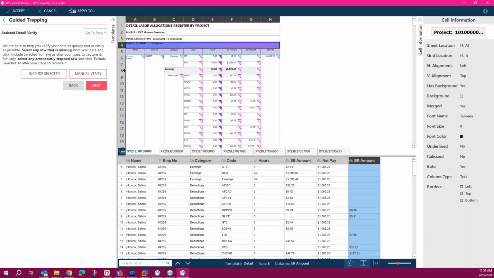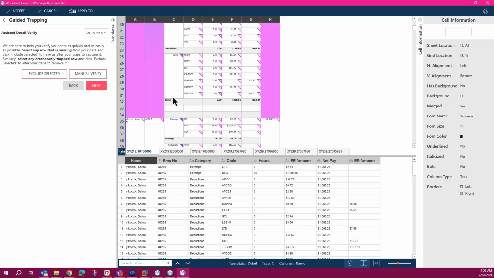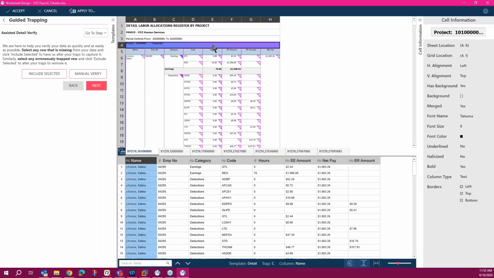In that case, I'm going to select that row and then exclude selected. So you notice that once I click that, total earnings or total deductions or taxes are excluded from the preview section.